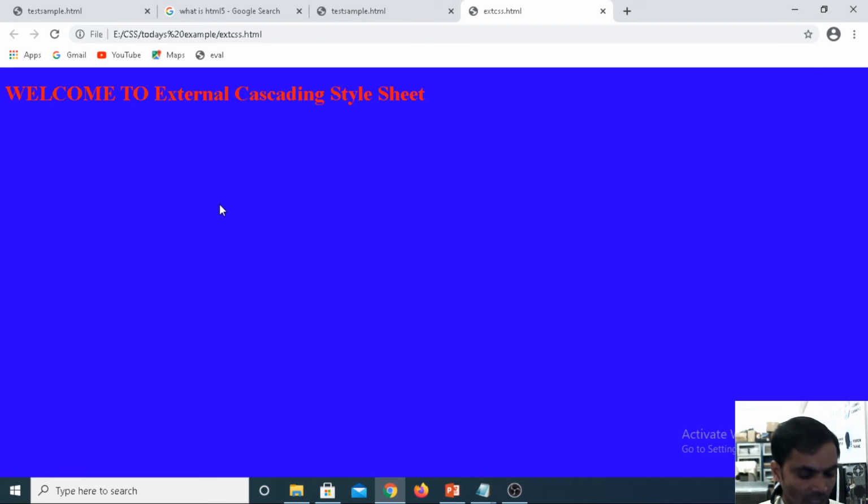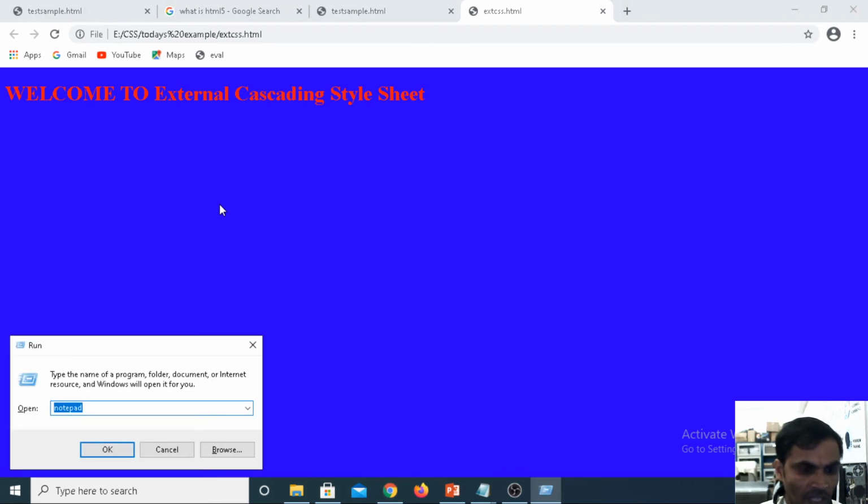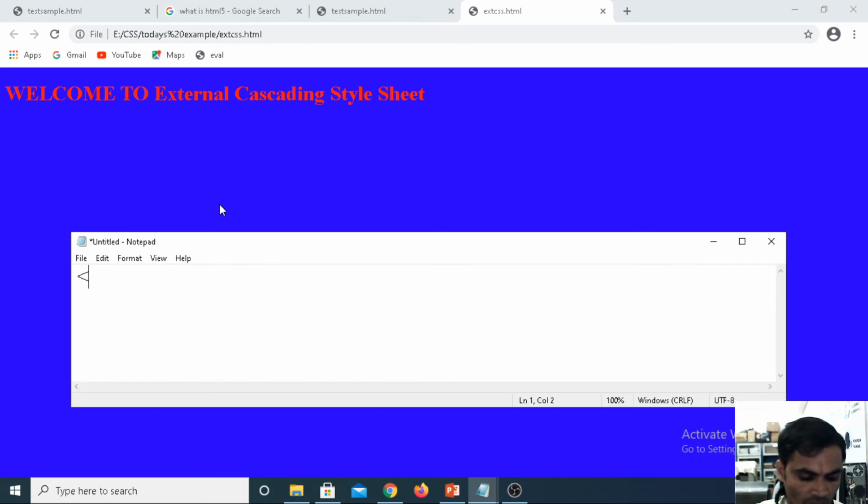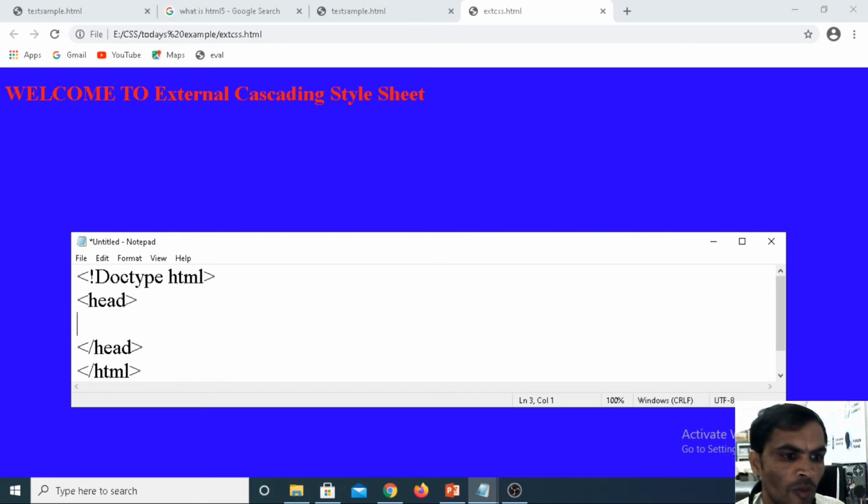Coming to the internal style sheet, we take doctype html, closing the html, then we take head, then closing the head. Now here we are defining the style. Style is an attribute, a global attribute.